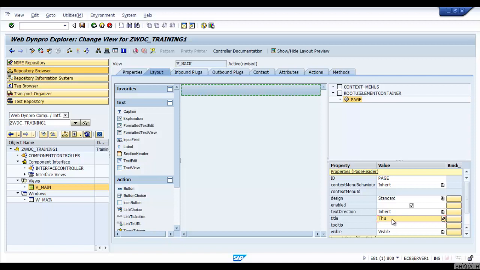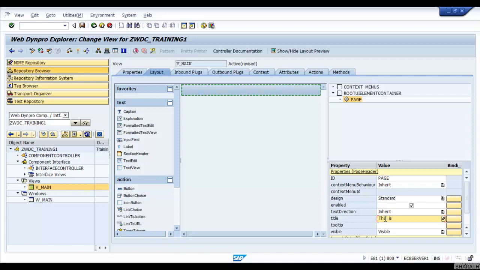So I'm just filling the title property of the page header UI element. Here you can see which UI element you have selected. When you have multiple UI elements displayed here, the selected UI element will be displayed here. So you have chosen the page header UI element, and here